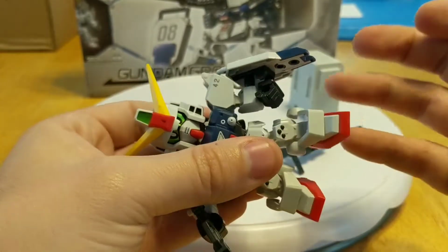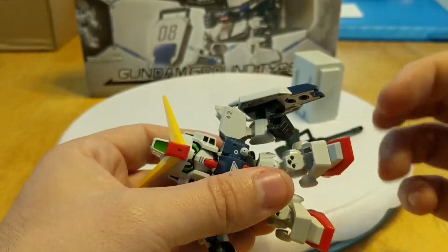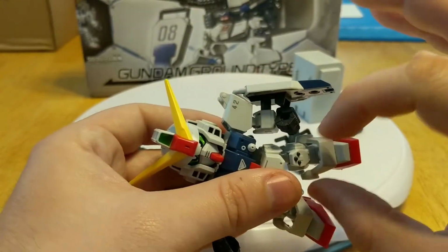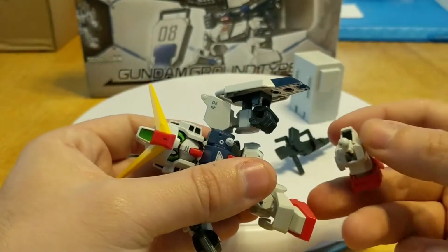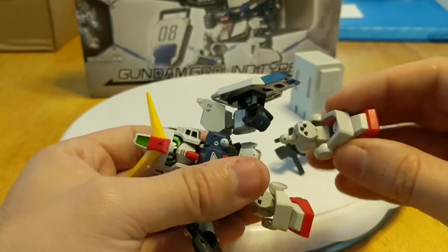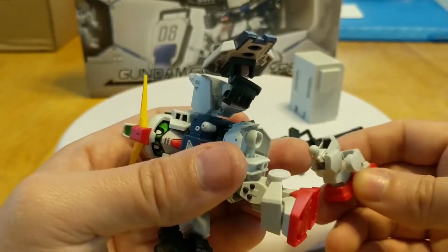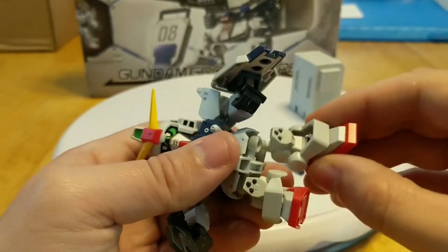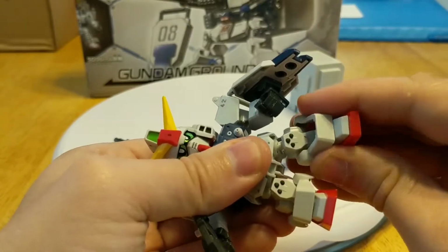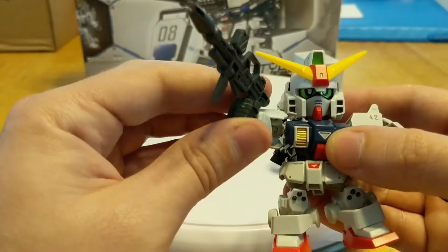And the ball joints are kind of loose, which is disappointing, but I think the reason for it is because if you buy the cross silhouette frame, you can just pop these off and take off a few pieces and put in the added parts. You can change out some of the parts, like all the paneling and stuff like that, but you can take out the SD pieces and change them out for the cross silhouette ones, which gives it a little bit more. I don't know if I want to bother spending an extra $8 to $10 just to get the other frame,